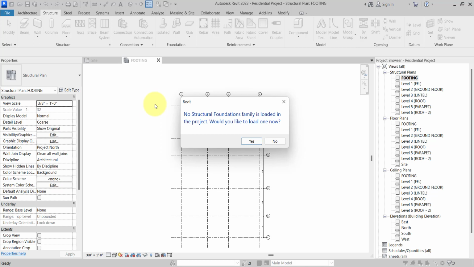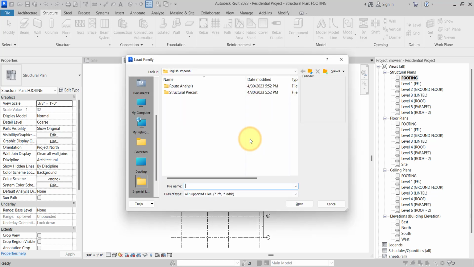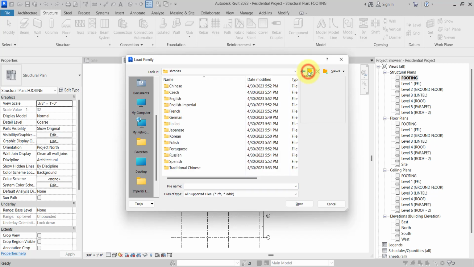So what we need to do is load the footing, right? So we can click on Yes, because we do not have any structural foundation family available here. So we want to load the family, and we will go to the US English Imperial